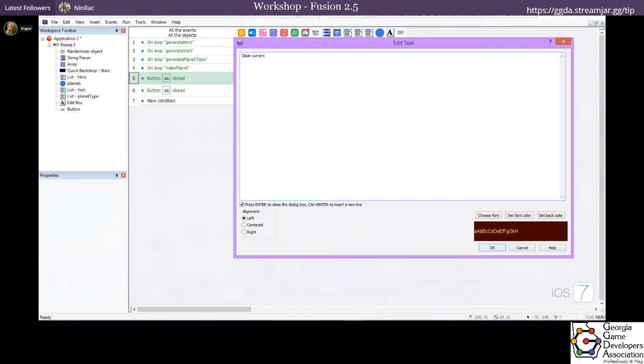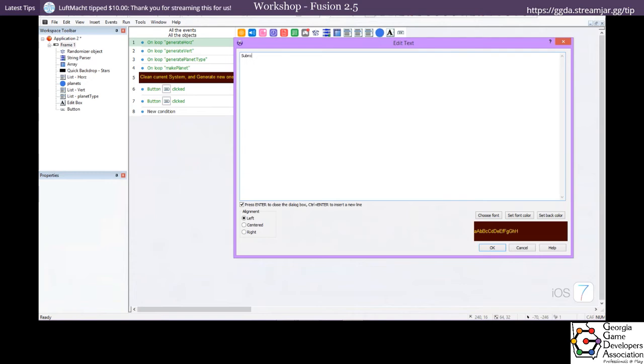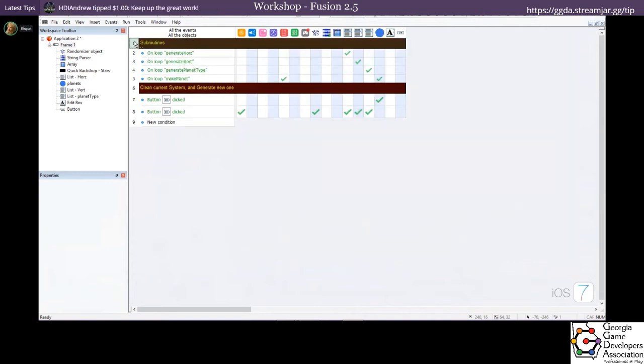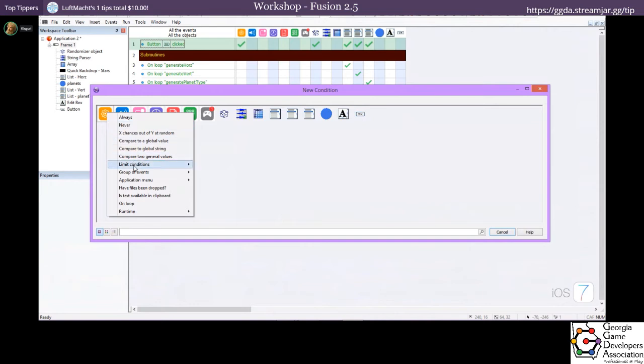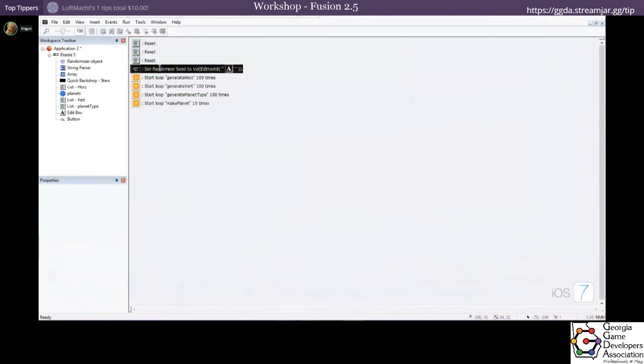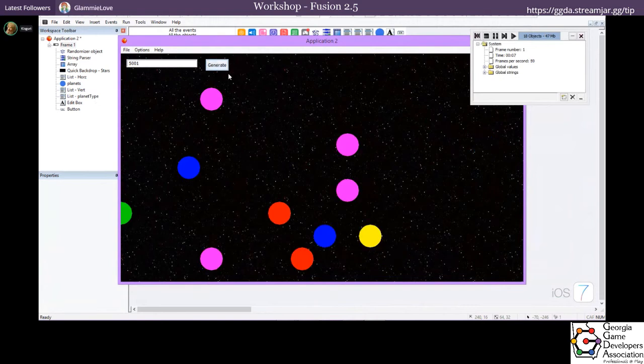So I'm going to do some comments here. Yes. And then we still could copy this event, dropping it here to start a frame, and setting the randomizer to a specific value. We could go back to generating an initial system. Generate. Another thing you could do is by using ASCII, you could convert text from ASCII into values to be